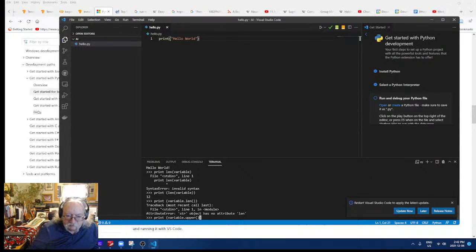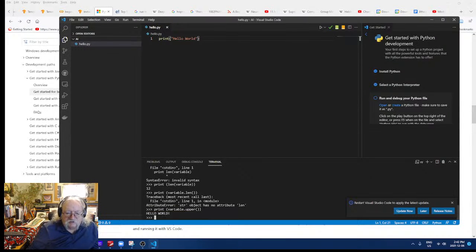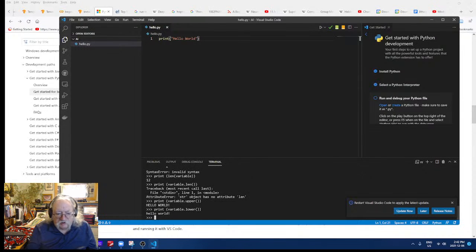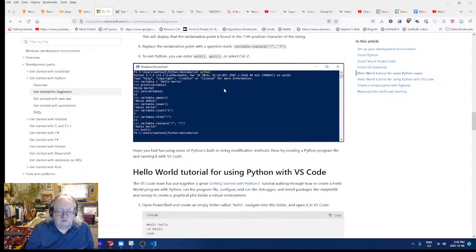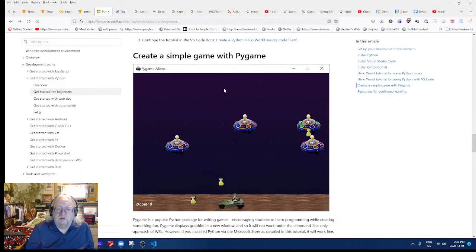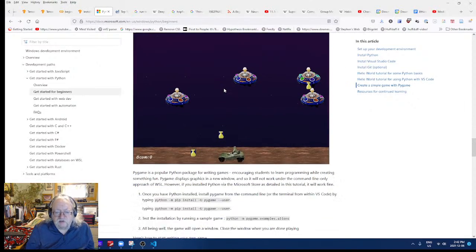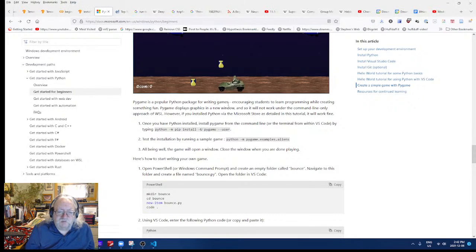Variable upper. Right, so everything's in uppercase, and if I did it in lowercase, everything's in lowercase, except the exclamation mark, which is the same in both. Variable count L, etc. Okay. So, create a simple game. We jump immediately.